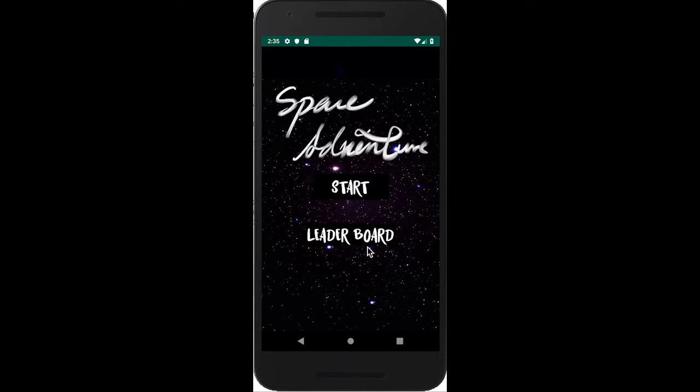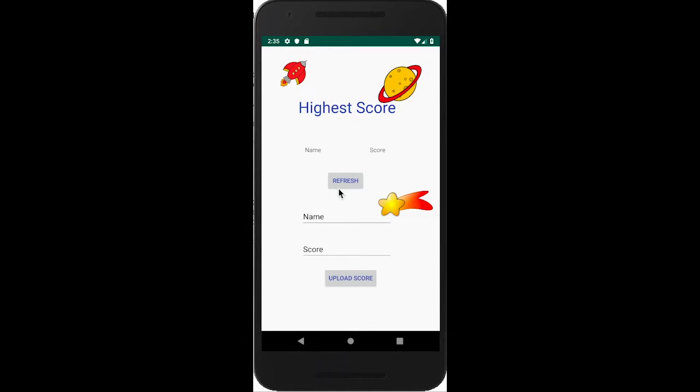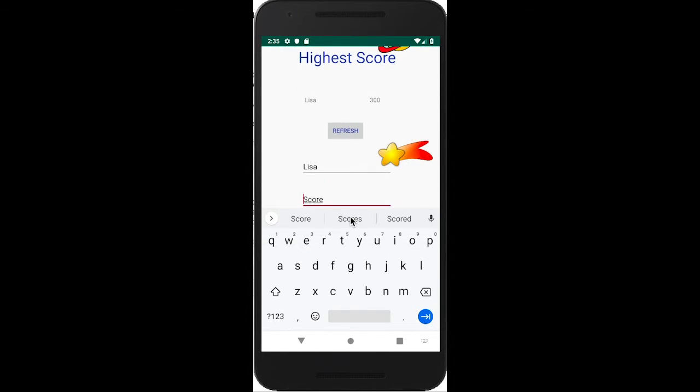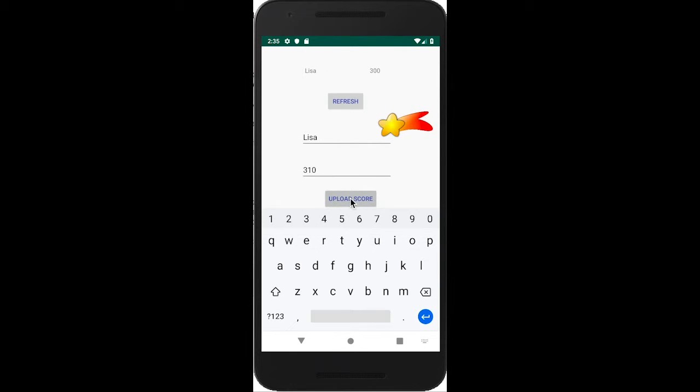So in the startup activity, we have 2 buttons. One of them is a leaderboard. If you click on leaderboard and click on the refresh button here, it will automatically retrieve data from the highest score database, which cooperates with the Google Firebase service. And then you can also upload your score. For example, if I put Lisa and then score equals 310 here, and then click on the upload score button,